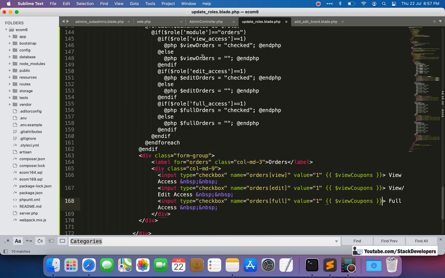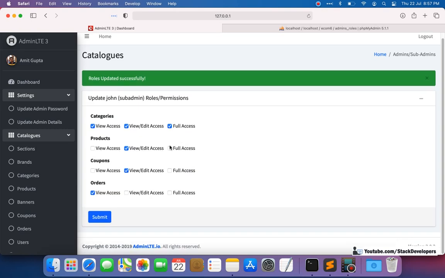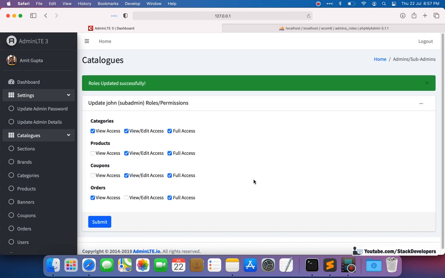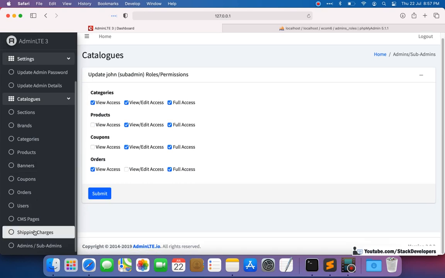Here we can copy view orders, edit orders, and full orders. Now we are going to refresh, and see all the sets have come up here. Whatever you select, it is going to select. See the update: role updated successfully, and now we can set the permission for all the admin sub-admins.